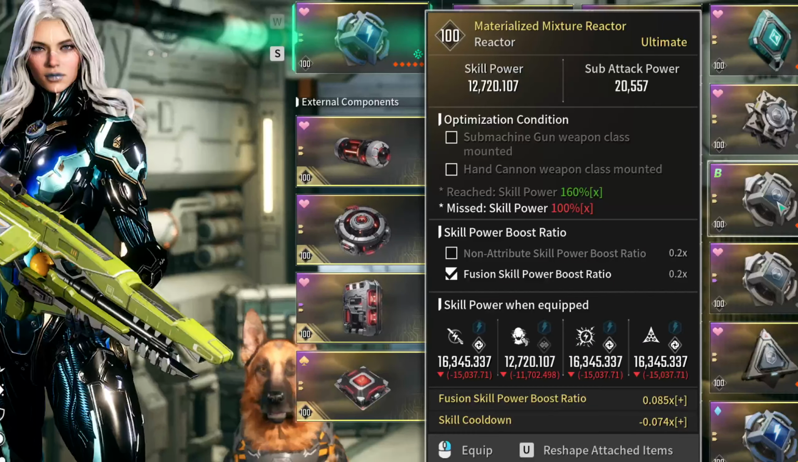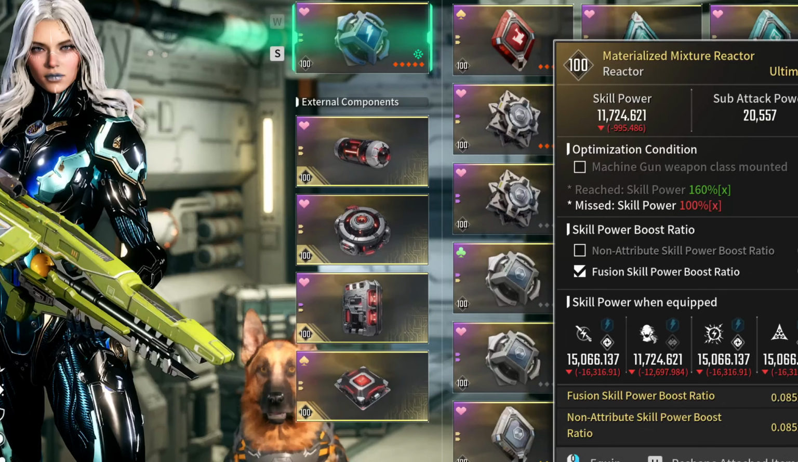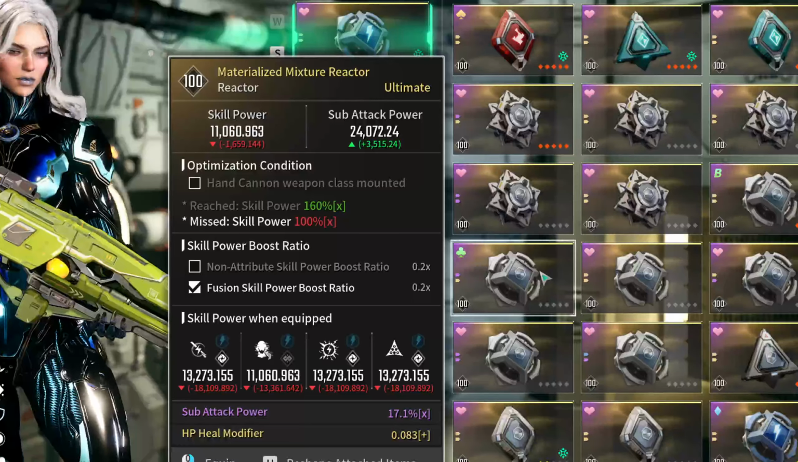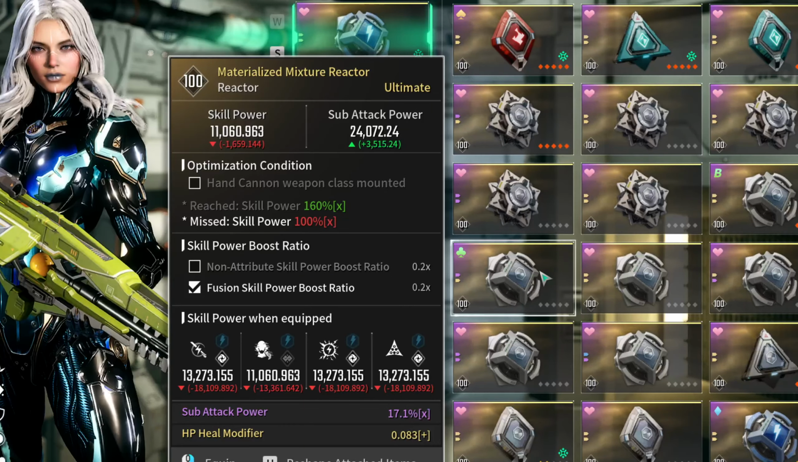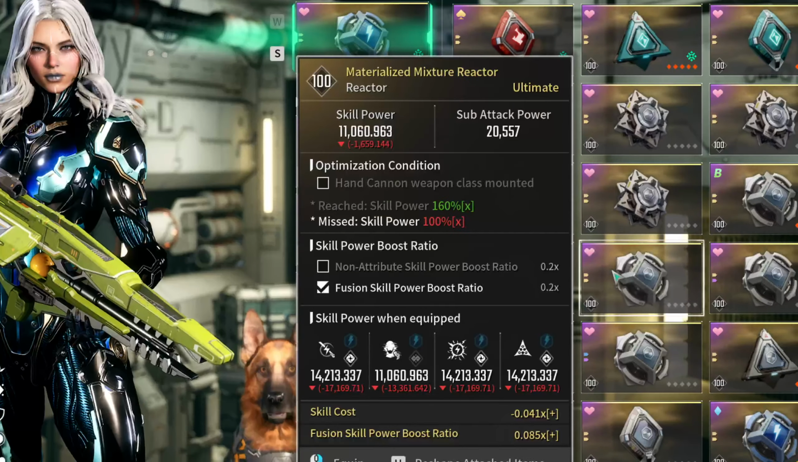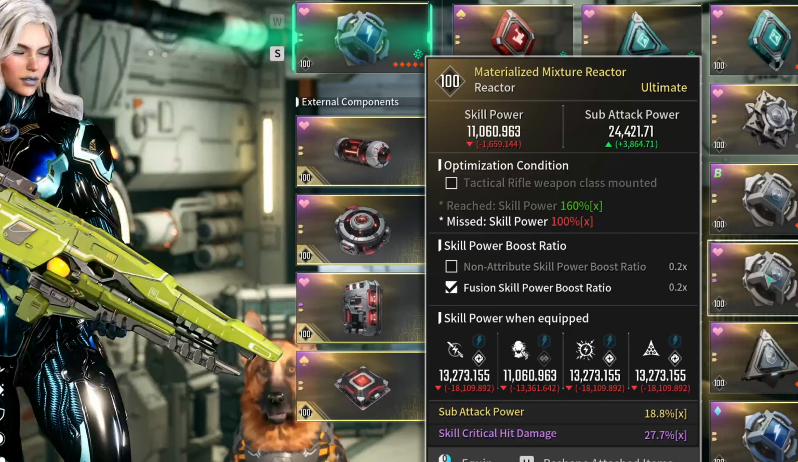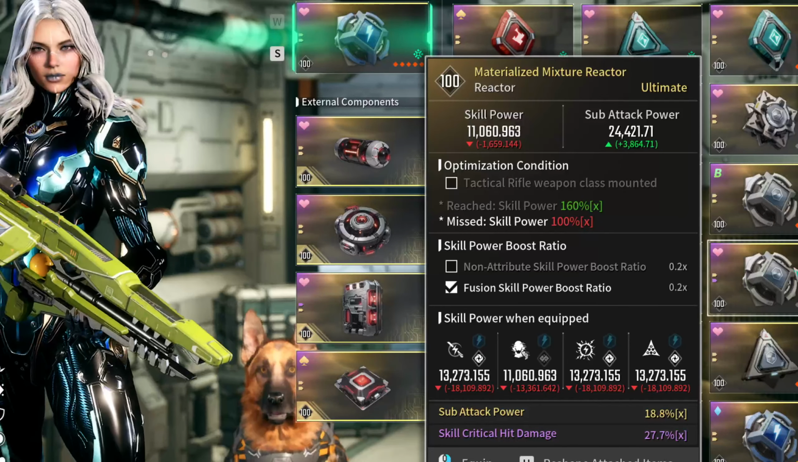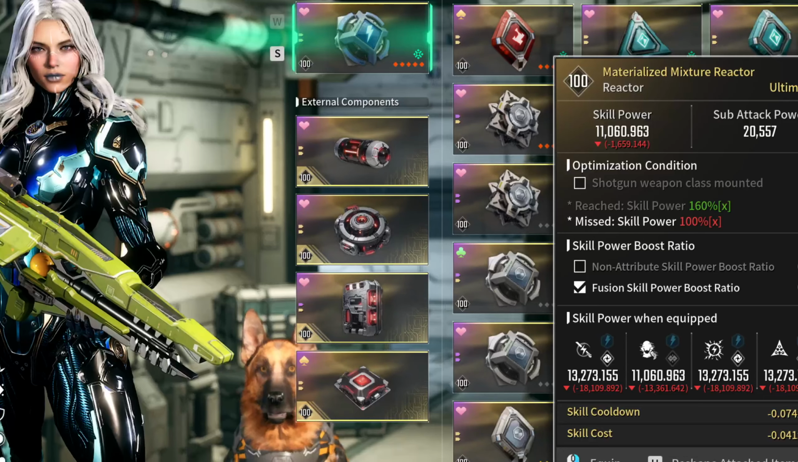For the materialized mixture reactors, so these are fusion-based. I've got fusion and cooldown, fusion and non-attribute, sub-attack again with an HP heal modifier. I don't know how squishy she's going to be. We'll find out. Fusion and cost, sub-attack and crit damage. Maybe that might be interesting with the swords. I'm not sure. Fusion cost and cooldown,